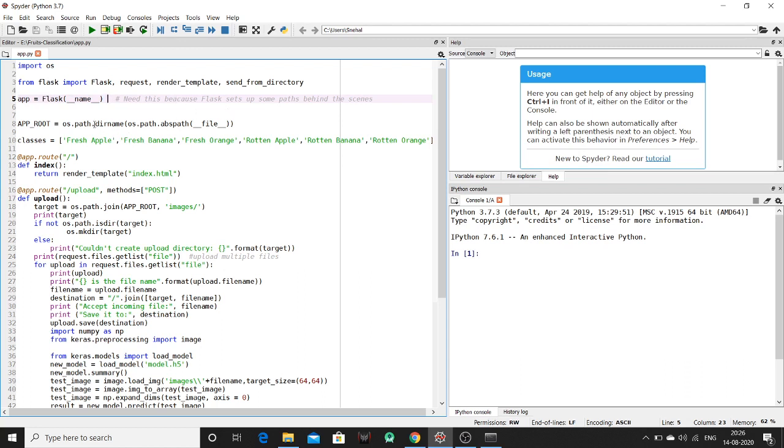Now in the fourth line, we are creating a variable APP_ROOT in which we are storing the path of the directory in which we have this module, that is app.py. This APP_ROOT will store this whole path: E directory, fruit classification and app.py.